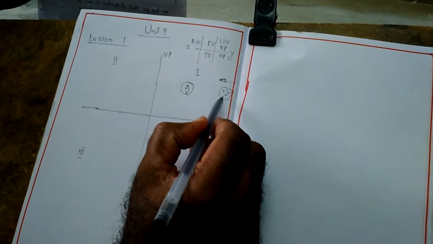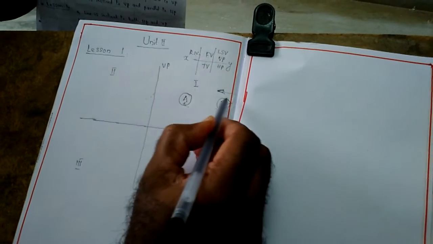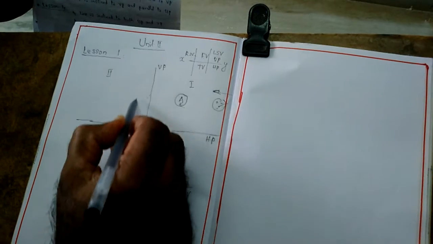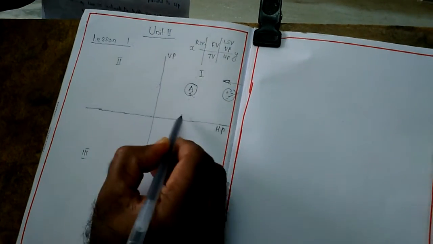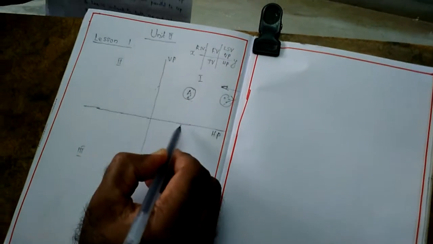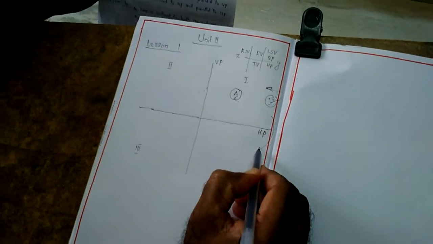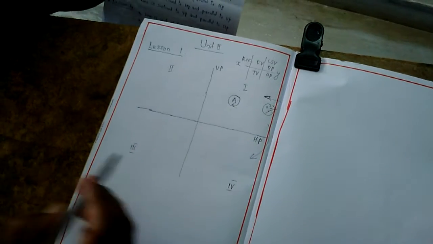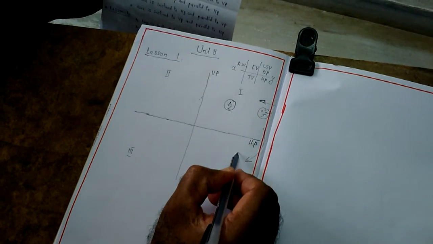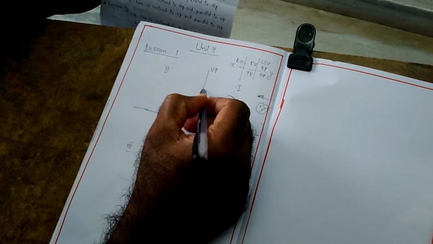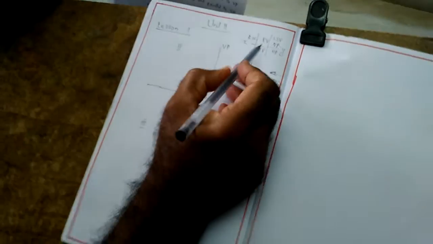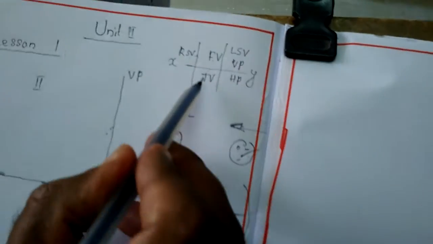Once again, when the observer observes the object in the forward direction, the front view lies upon the vertical plane. When the observer views in the downward direction, the projection lies upon the horizontal plane. This is the top view. So this is the front view, this is the top view, due to rotation of the planes. Why? Because we want to convert the three-dimensional object into a two-dimensional view. That's why we rotate the HP so that it coincides with the vertical plane. Automatically the front view is above the XY line and the top view is below the XY line. That's why we draw the front view above the XY line and the top view below the XY line.